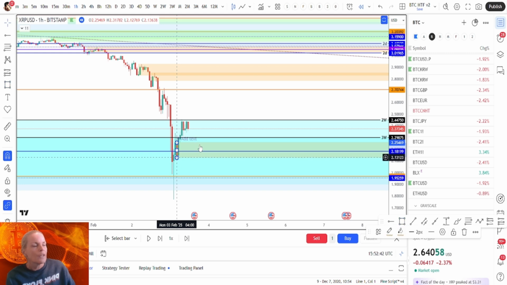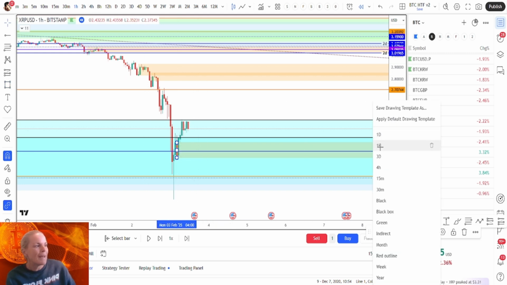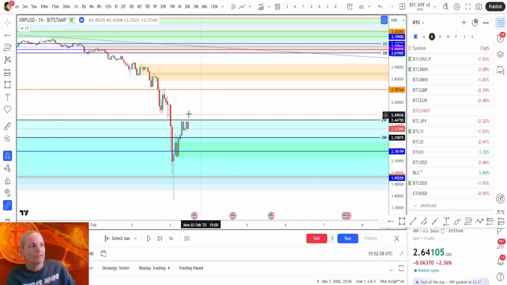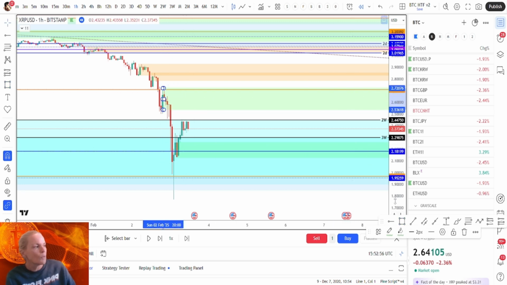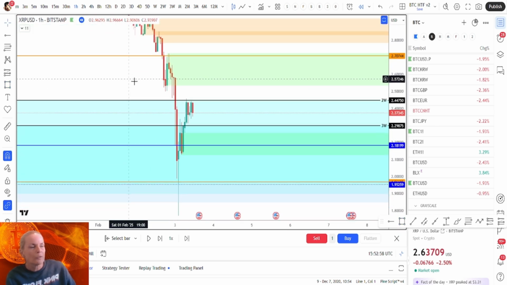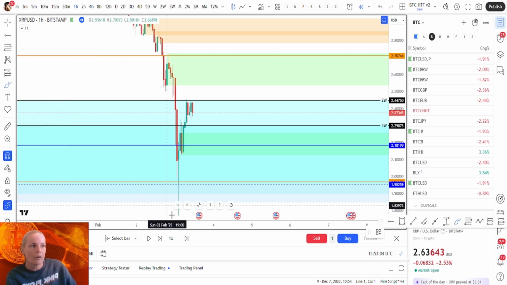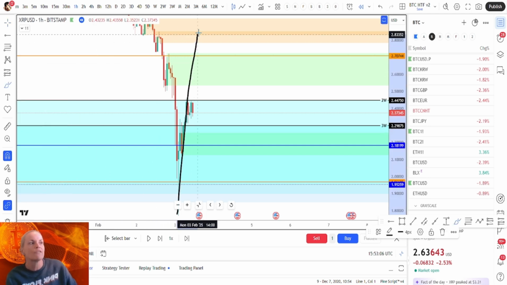But again, this is one of the examples I think I gave when I said you may not wait for a break of supply if supply is far away. So in a situation like this, probably a final example I'll give, I'm only looking at one time frame, but hourly supply was up there. That was your last drop down. So if you wait for this supply to break for a more confirmed or confident long entry,